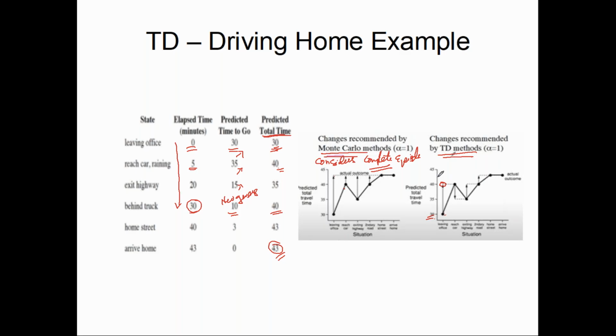Now I'll put one more example here. When you travel somewhere and you ask the cab or auto person how far the destination is, an experienced auto guy will be able to tell you. But some person may say, I have never traveled there, I have to travel, then only I can say. Similarly, the Monte Carlo method will require the complete experience, otherwise it is not able to say how much time it takes. So it requires the complete experience.